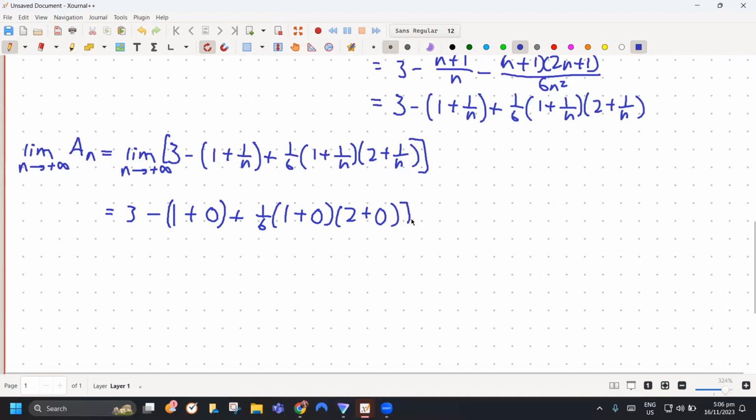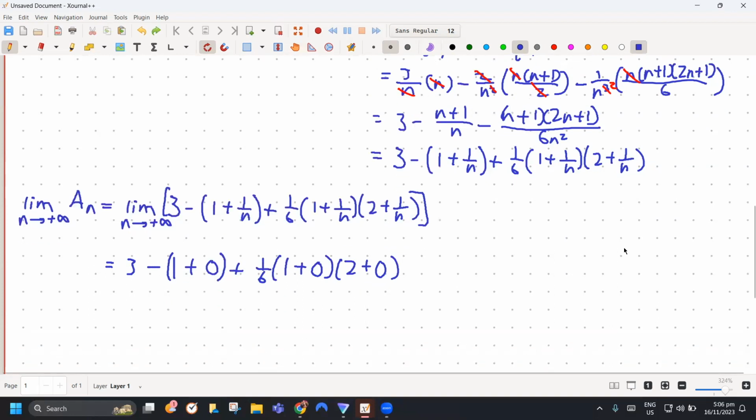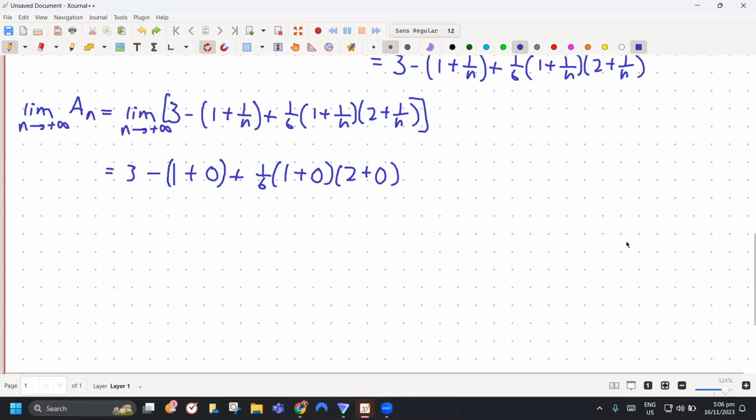Plus 0. Ano yun eh, kailangan i-prepare kasi yan para ma-evaluate yung limit eh. So if you know where you're going, hindi ka magsisimplify ng basta-basta dun sa a sub n. Okay, so that's equal to 3 minus 1 plus 2 over 6, which is,